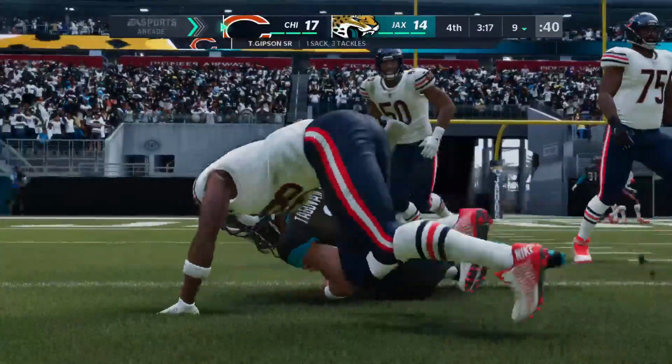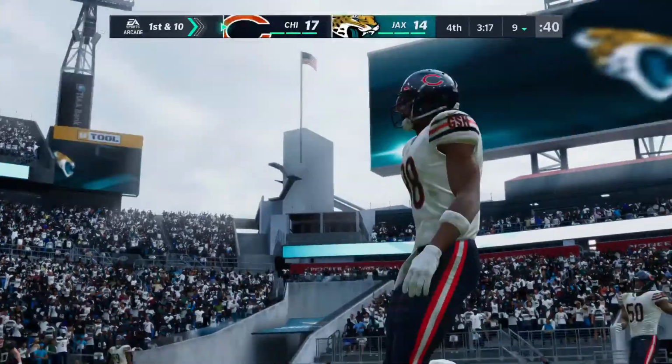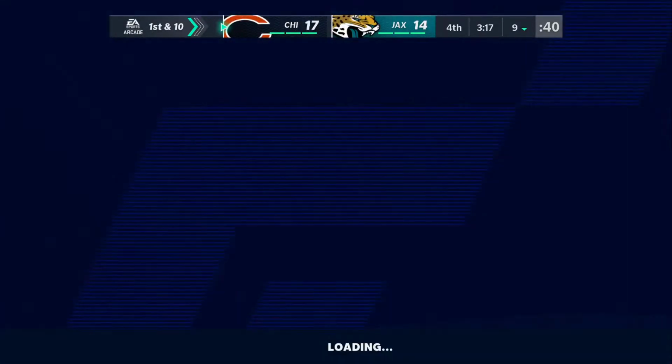And they're going to get to him, a sack. Sack back at the 9-yard line. To Sean Gibson. Give him...